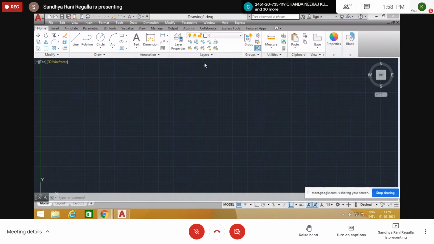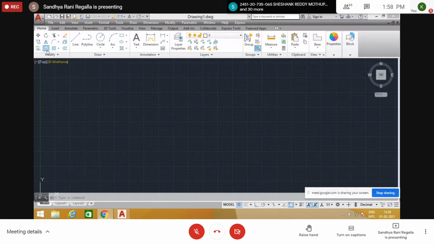And generally for civil and mechanical students only, we discuss the block and layers toolbars, very much important for them. You are ECE students, so when you come to the laboratory offline, that time we will discuss this block and layers. So in the meanwhile, today I will discuss this draw toolbar and this annotation toolbar, which are required in each and every class.